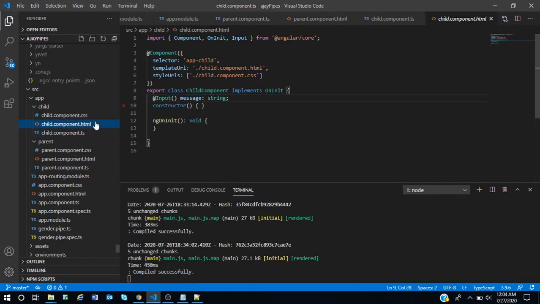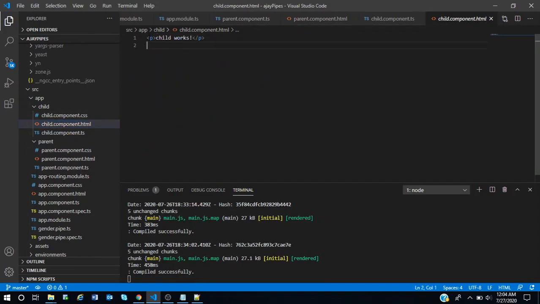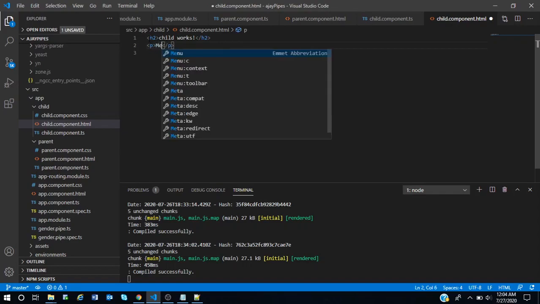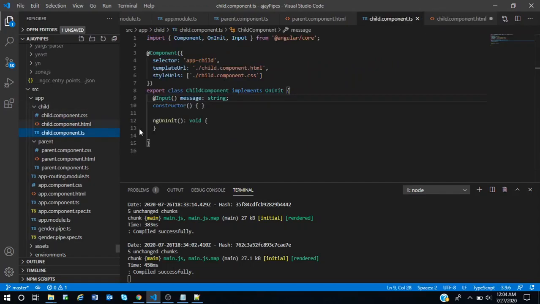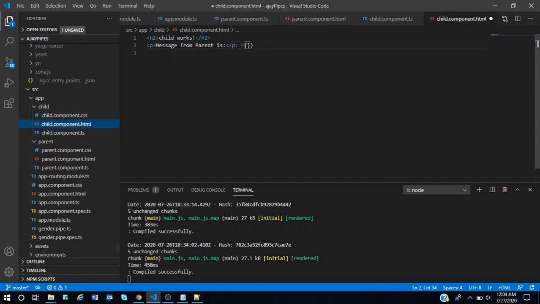Now print this child message using interpolation. Here, message from parent is, go back and in the curly braces, copy the variable.